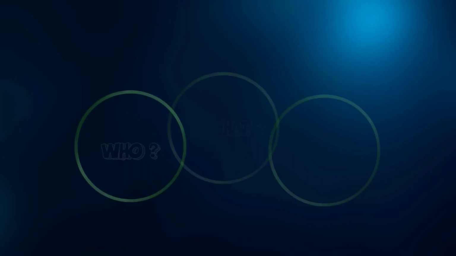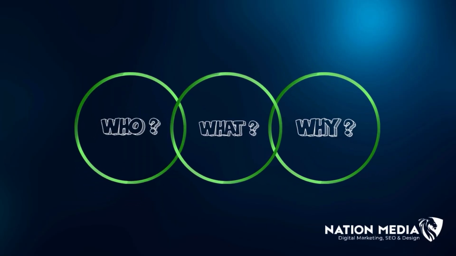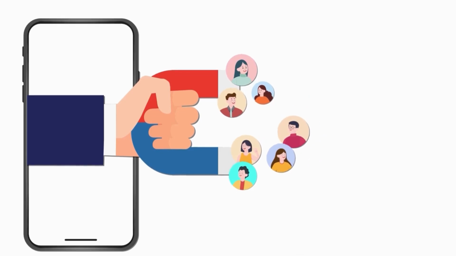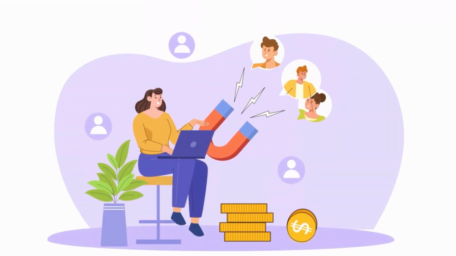So the what is a bit overlapping in the why, and it's a bit overlapping in the who. So what is this website for? What is the holistic big picture of the website? And what are the type of people that we want to bring to this website? Because when you define this, it's going to really niche down and specify your design and your wording in the context that you're speaking to so specifically that you're going to captivate the attention of the person that you lead to that website design. If you do not know the what, you cannot know the who, and you cannot know the why. So start thinking about what is this website designed for, and let's walk through this part of the